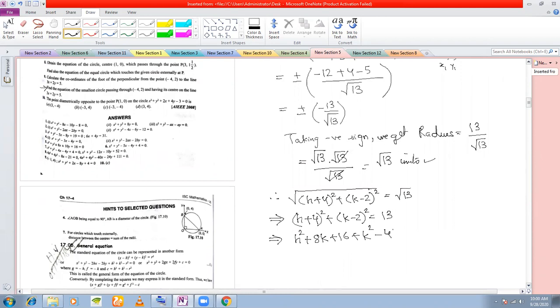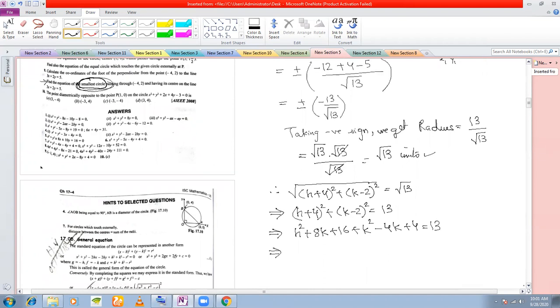Then we will get two sets of coordinates now, because it's quadratic. That is why this is mentioned, smallest circle. You will get two values of h and two values of k, and then you will have to choose such a value of h and k that it is the smallest circle. That is why this phrase is given here. Otherwise they could have simply said find the equation of the circle.